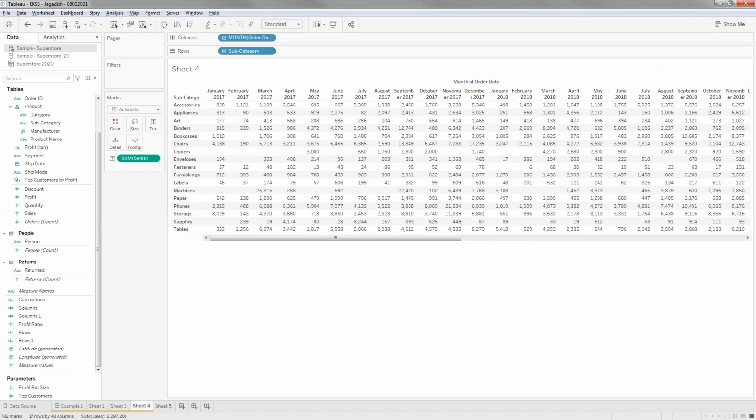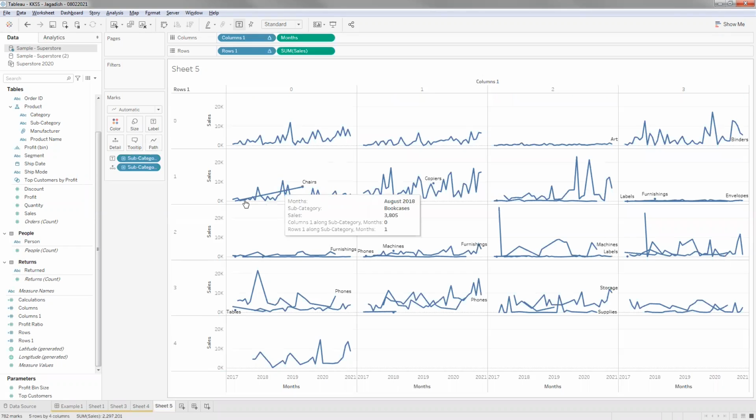Let me go back and confirm one thing. January 2017, I have a value for bookcases. Let me see on the same bookcases line what the next point is. On the same bookcases line, my next point is March 2017. So February 2017 is missing there.